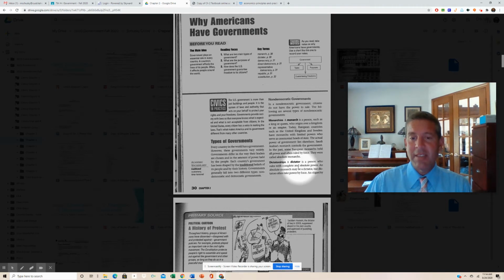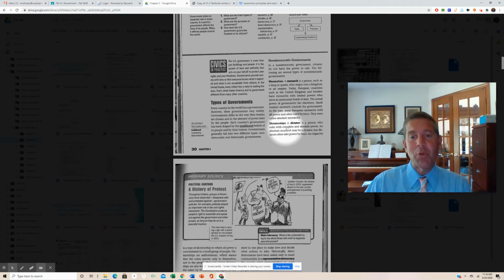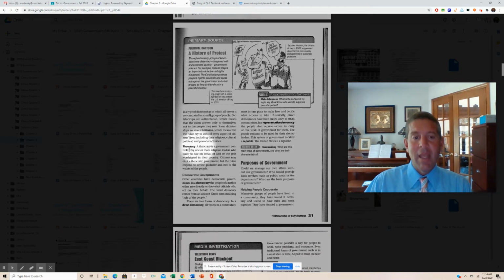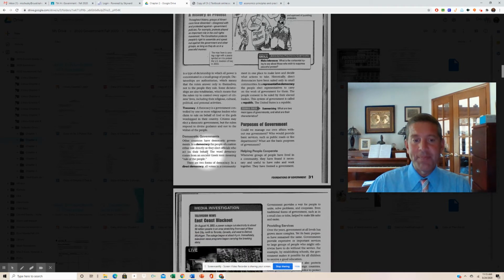dictatorships. A dictator means one person has absolute power. That could be a general or a king. Monarchies can be dictatorships, or one person just assumes power and has almost total power in that country. China today, many people would argue, is a dictatorship or close to a dictatorship. And lastly, the textbook talks about theocracies. Theocracies are governments based on a religion or a religious leader who has total power.